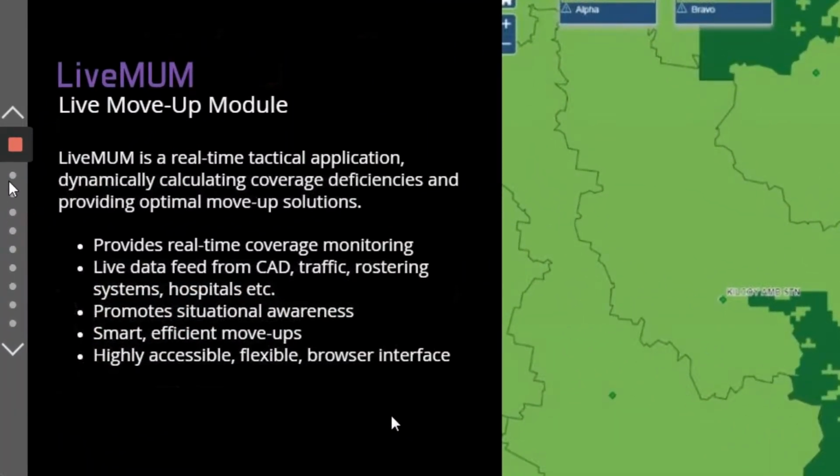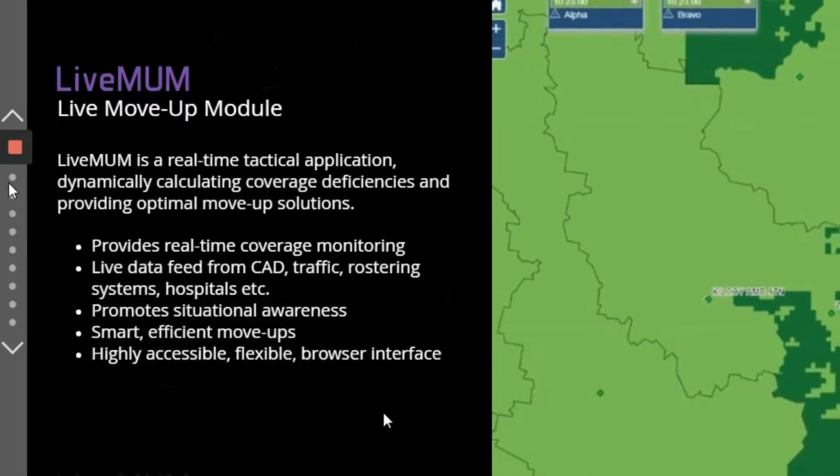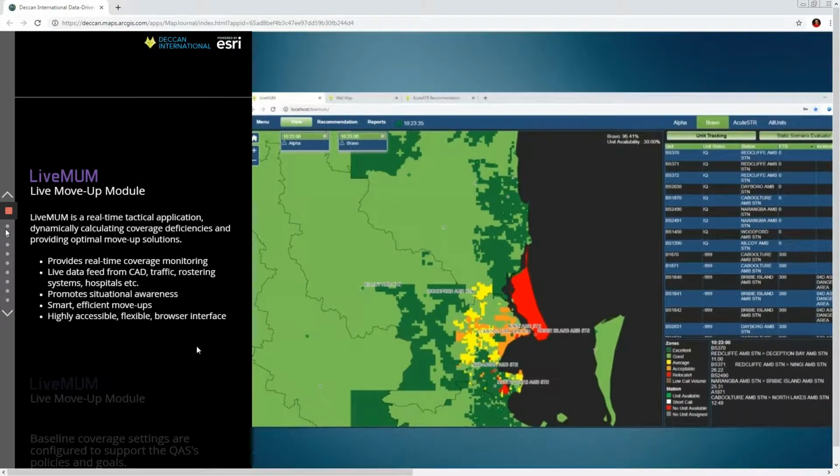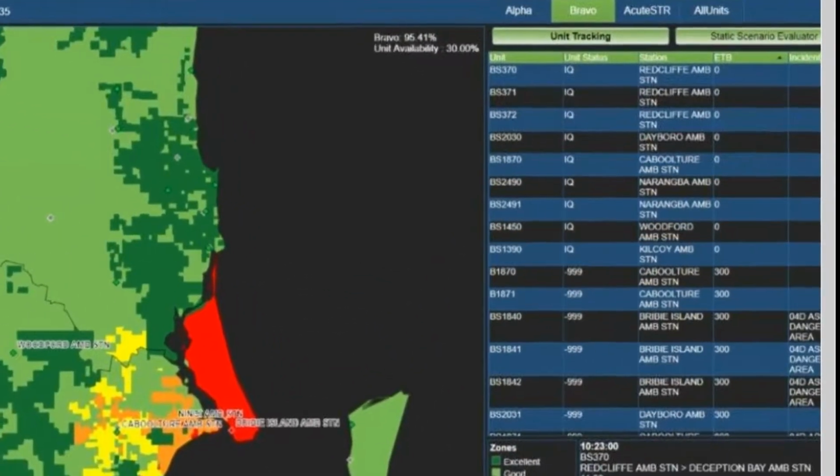LiveMUM stands for Live Move Up Module. It is a real-time application that continuously monitors coverage levels and provides efficient, smart move-up recommendations when coverage levels decrease. LiveMUM listens to CAD information in real time, updating coverage calculations based on changes in unit activity. For instance, when an ambulance clears the hospital or is assigned to a new incident, LiveMUM immediately recalculates whether coverage